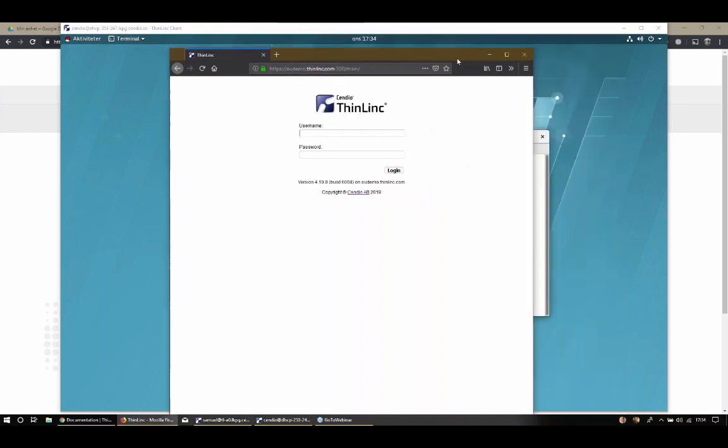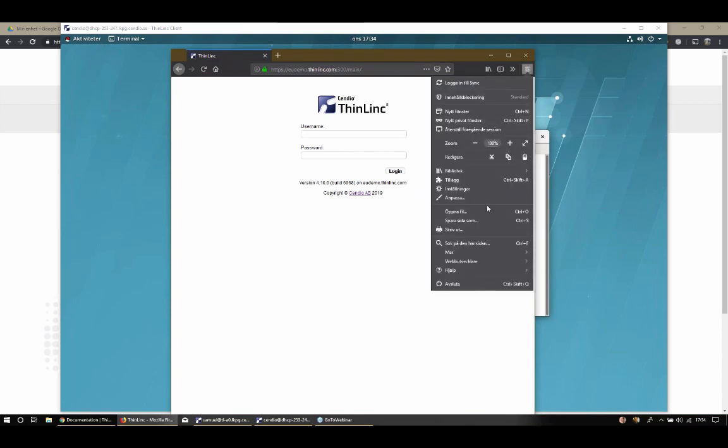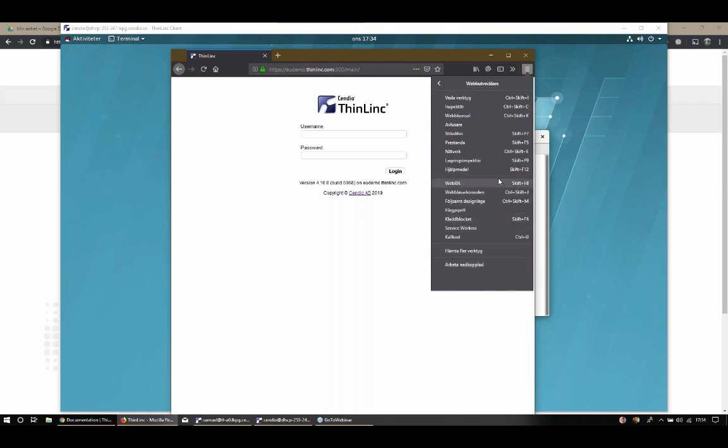So I believe that, for example, browsers have this mode where you can pretend to be a touch device. Let's see if I can find it.